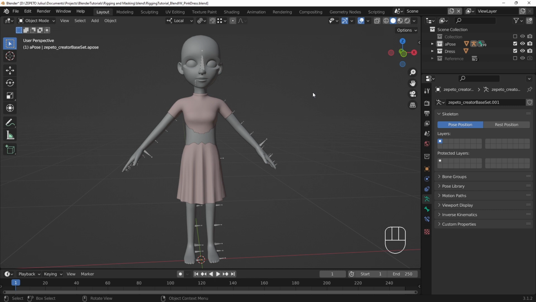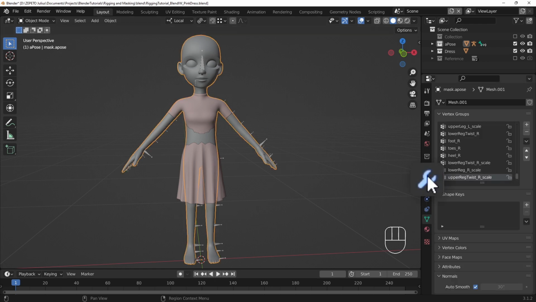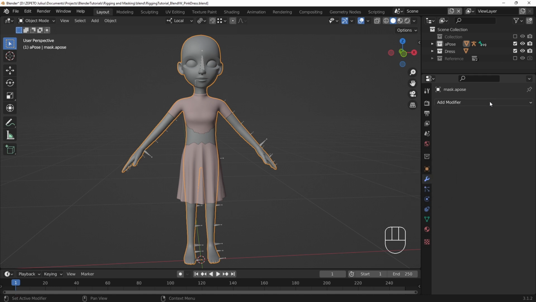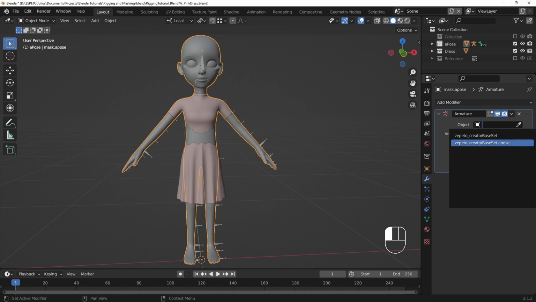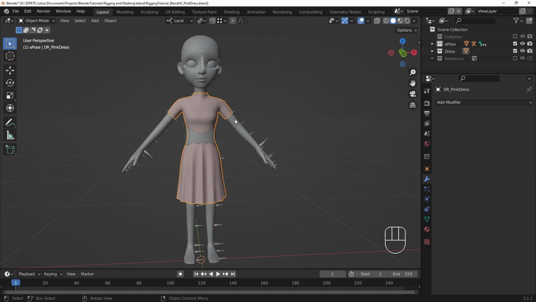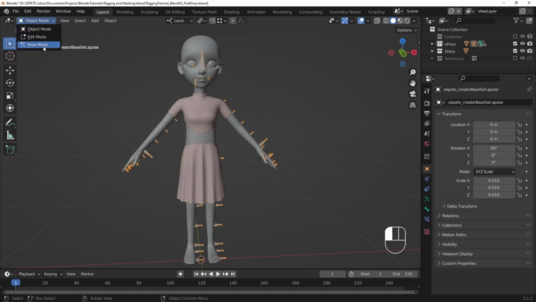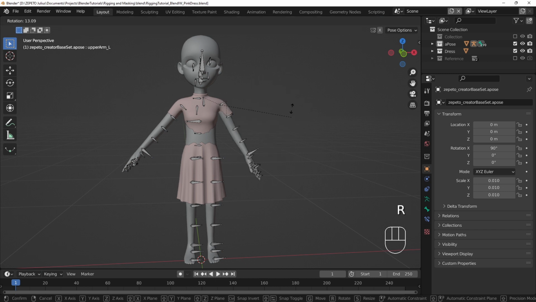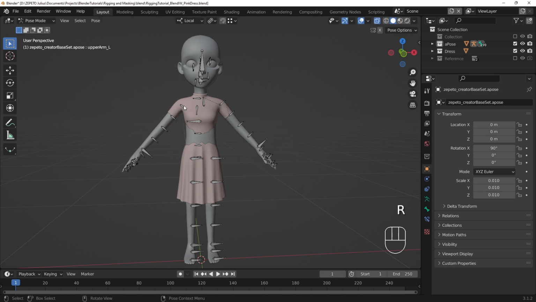We can easily attach the posed mask to the posed armature by adding back the armature modifier. With the mask selected, go to the Modifier tab. Using the drop-down menu, add an armature modifier. Under the Object menu drop-down, find your posed armature and select it. The mask will be rebound to the posed armature, retaining its previous weight assignments, but to a new rest pose. Test out the new bindings in the armature's pose mode to make sure that everything was transferred correctly.